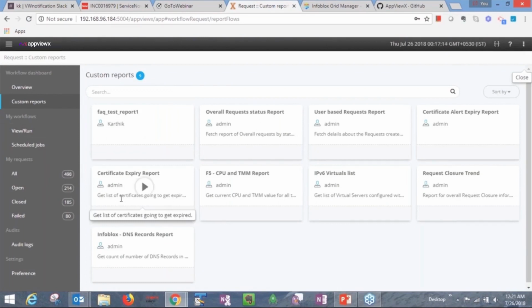I think with this, that's pretty much what AppViewX's visual workflow can offer. There are a lot of things you can do in terms of large scale automation orchestration itself. One of the key things with workflow is that it gives you extensibility, and using REST API calls, you can integrate with different cross-functional tools and systems.